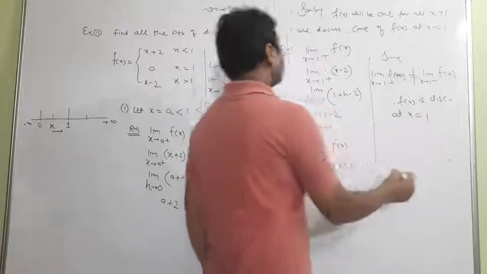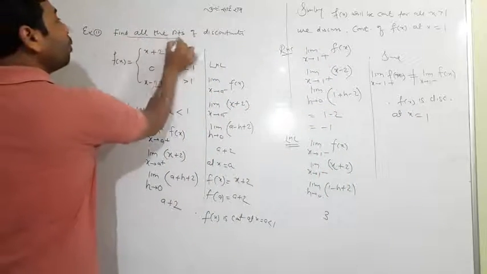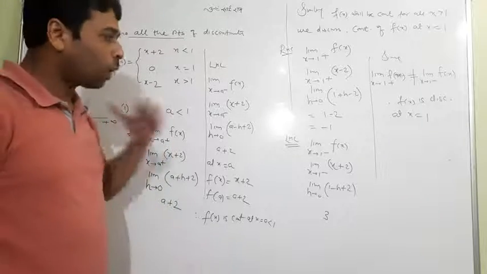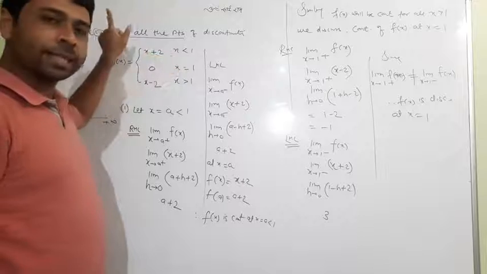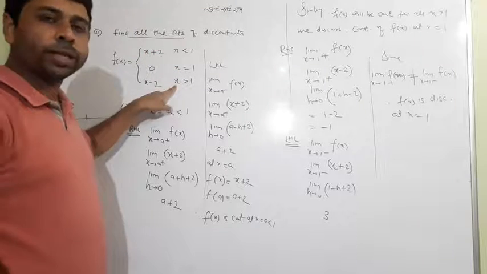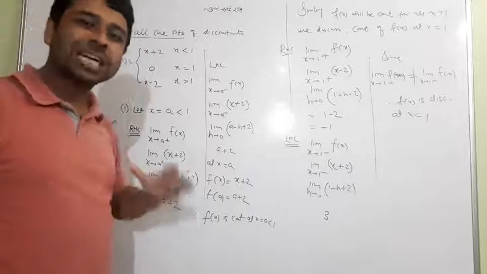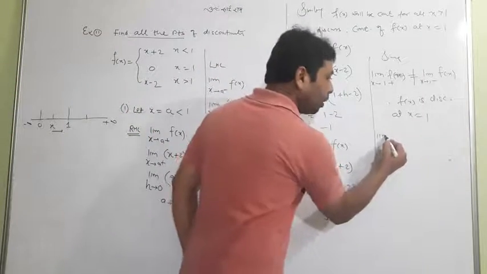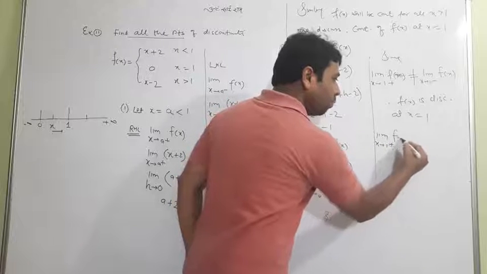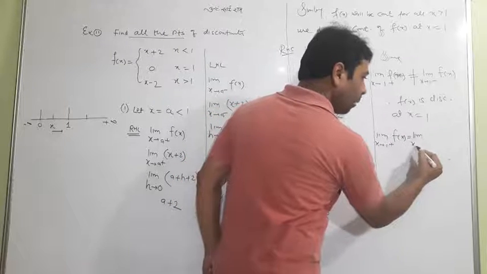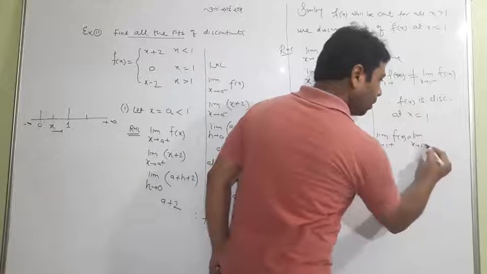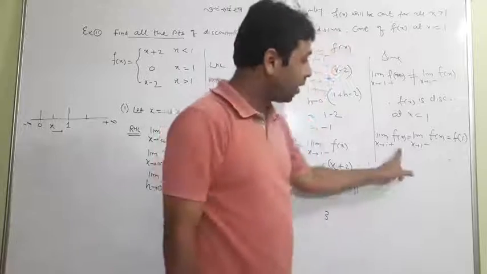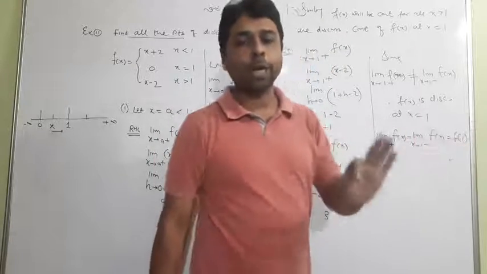At x equal to 1. What was the question asked? For all the points of discontinuity, meaning this function is discontinuous at what point? So I would say the function is continuous for all x less than 1, the function is continuous for all x greater than 1, but the function is discontinuous at exactly x equal to 1. Again I say one thing you should remember: if these three, the left hand limit, the right hand limit, and lastly f of a, meaning f of 1, are equal, the function will be continuous at x equal to 1.